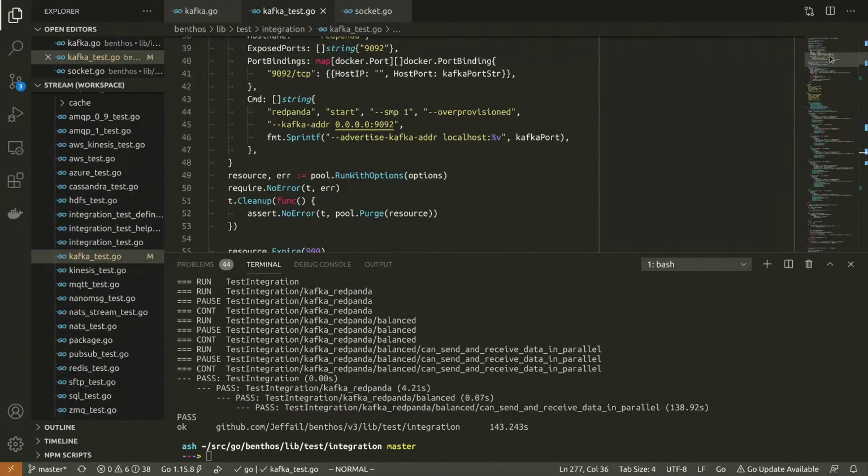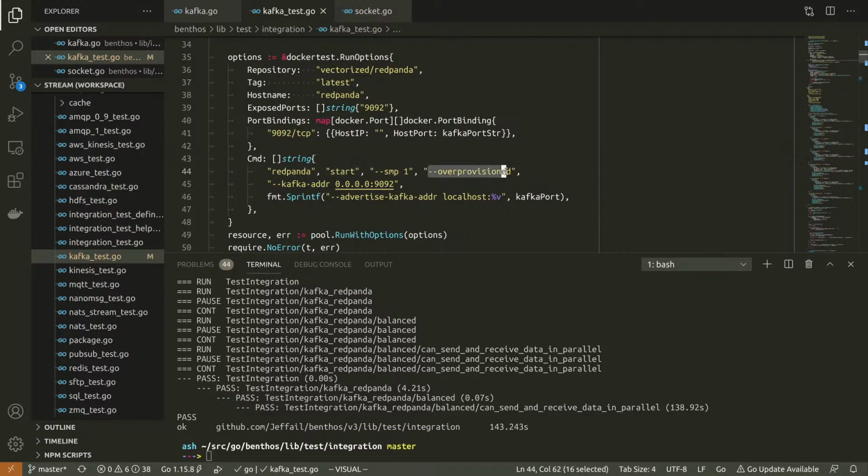Pretty much the same with Red Panda. Basically, I haven't actually looked at what over provision does, but I'm assuming it does something performance-ish. I think I've cranked it down to basically use the minimum amount of parallel processing. I actually hit an issue when I didn't specify SMP, which I think is related to how many parallel threads it runs.